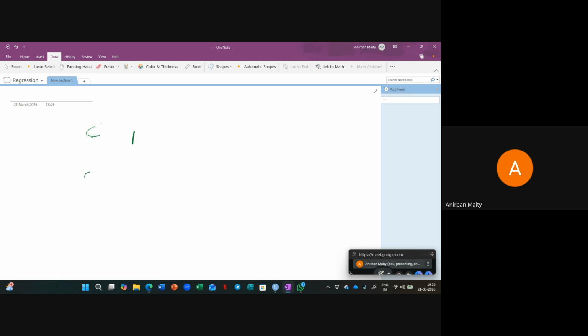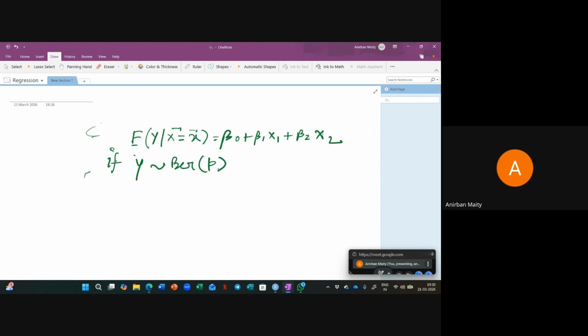In linear regression, we are doing the expectation of y given x vector equals beta naught plus beta 1 x1 plus beta 2 x2 and so on. If our y follows Bernoulli p instead of a normal distribution, in that case our distribution is: probability of y equals 1 is p, and probability of y